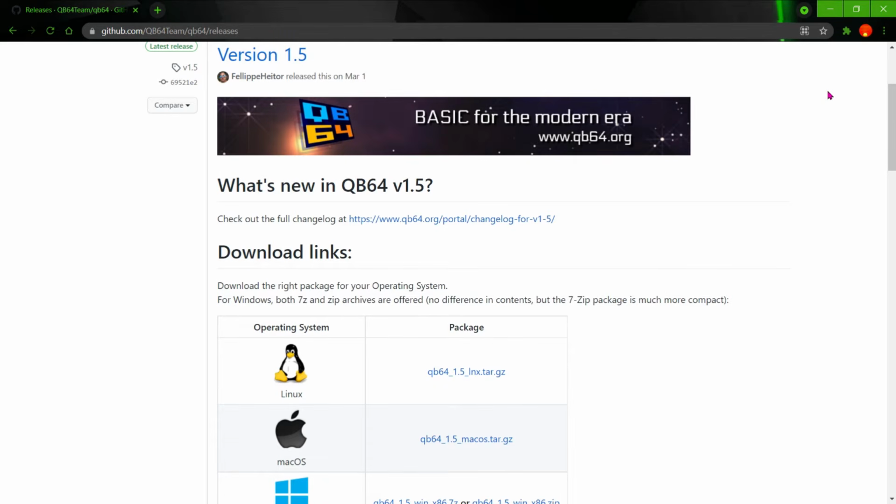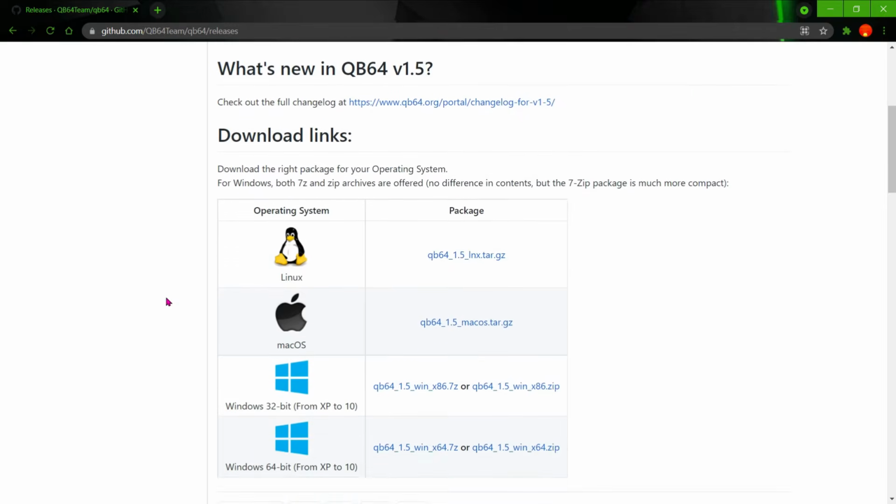I have provided the link from where you can download QB64. It will bring you to this page. You can see on the screen, if you use Linux, then you need to download from this link. If you are a Mac user, then you have to download from this link.